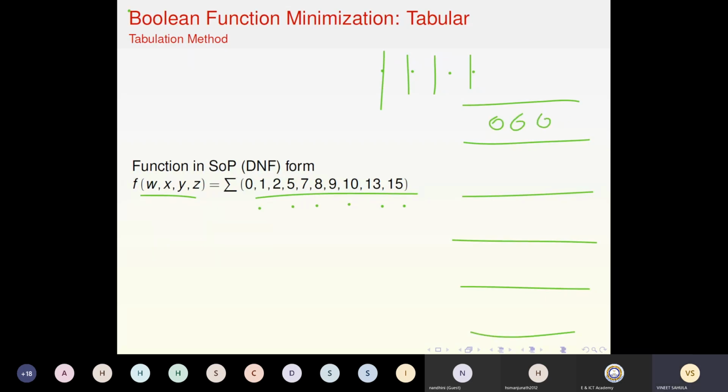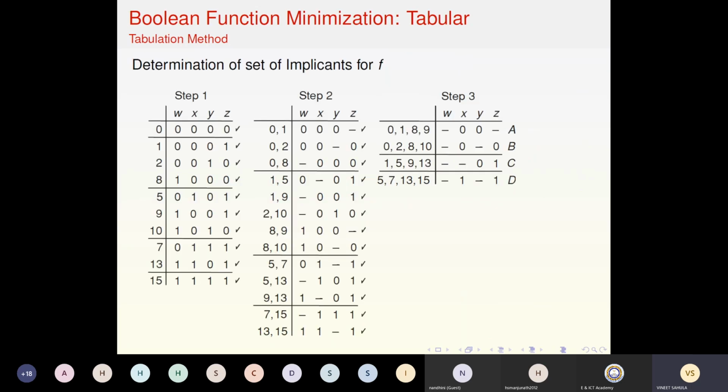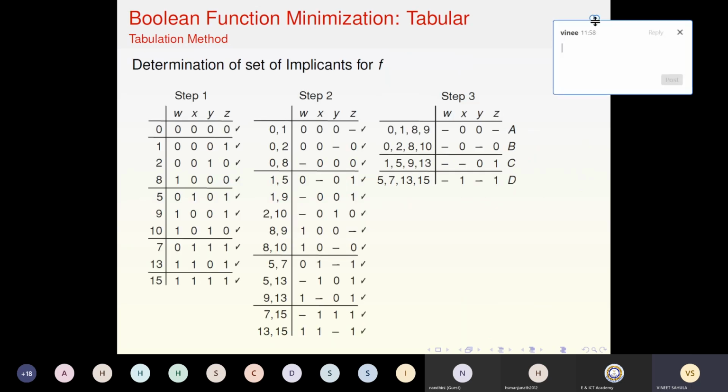0, 0, 0, 0 will come here. 1, 1, 1, 1 will come here. Only single terms will be there. And here the 1 will come, right? 2 will come. 4 will come. So on and so forth. Here some terms which contain 2 ones and 3 ones will come, right? So I can do that. Step 1. Just see step 1. So this is all the number of zeros, number of ones. Fine. So I have done that.